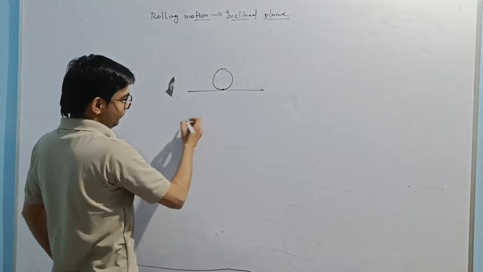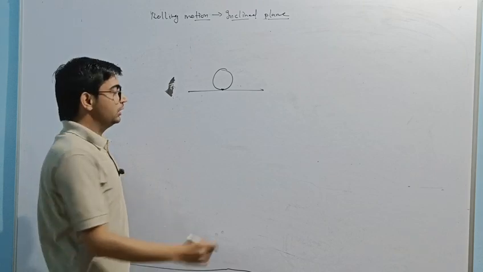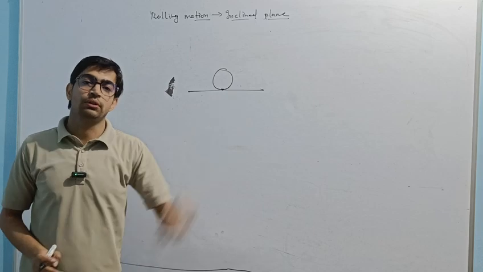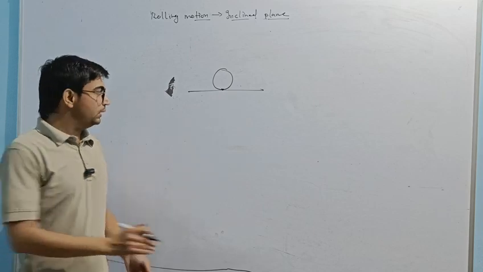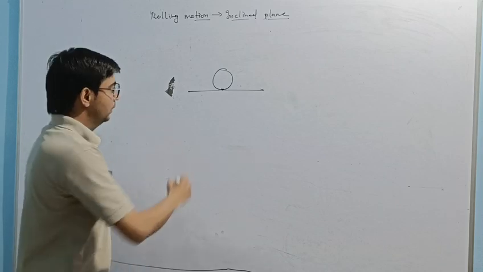At this bottom point, the relative velocity should be zero, and relative acceleration should also be zero. And one more thing, this surface should be rough. Should be rough. Means